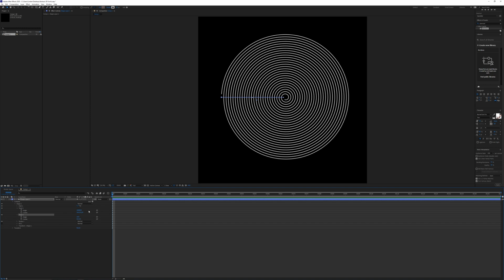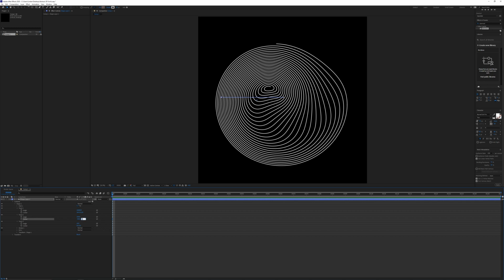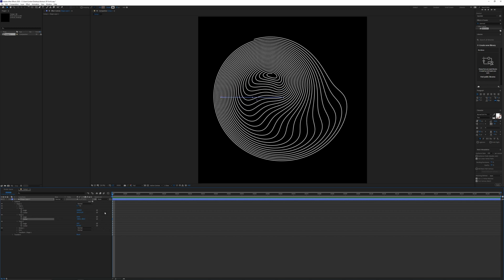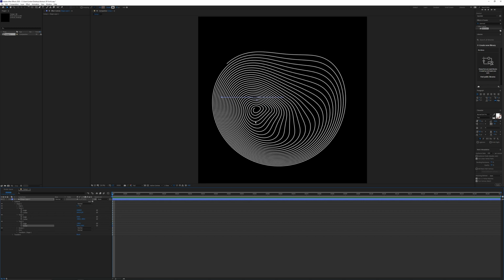And next we can add a couple more twists. So open up both of the twists. And then for the first one, we could set the angle to something like 250. And then for the center, this is where you'll really notice the change. We do something like -500 and then -400. You can get some really interesting results by cranking those even more, but for this, I want to keep the swirl more intact. But you can play around with those and get some very, very interesting shapes. I'm going to do the same thing for the third twist there.